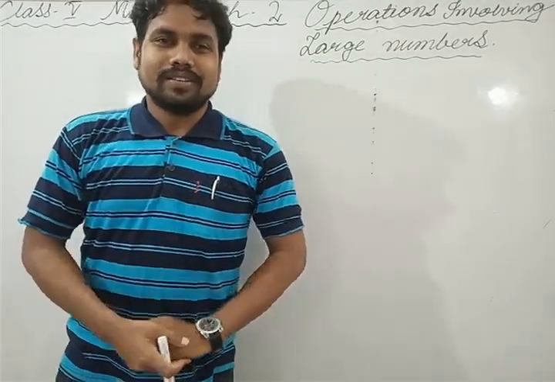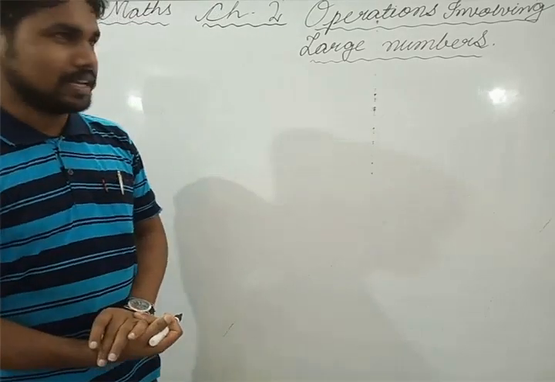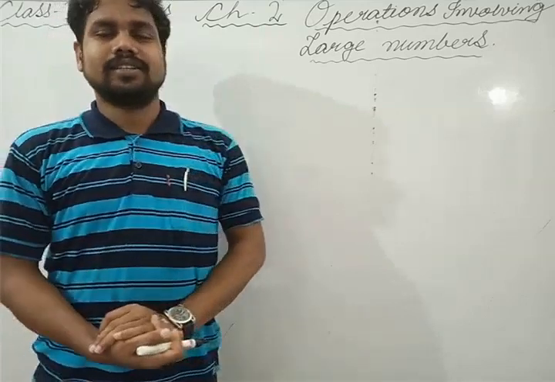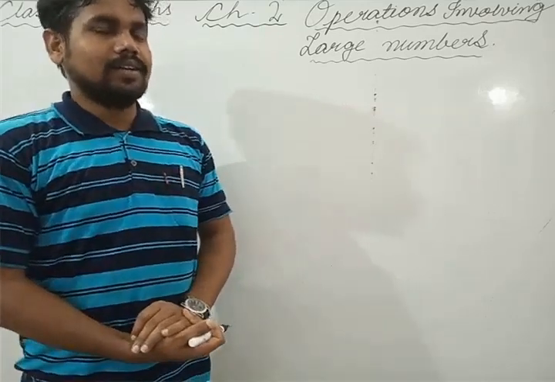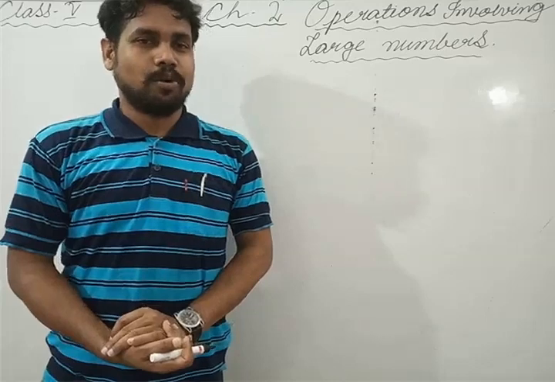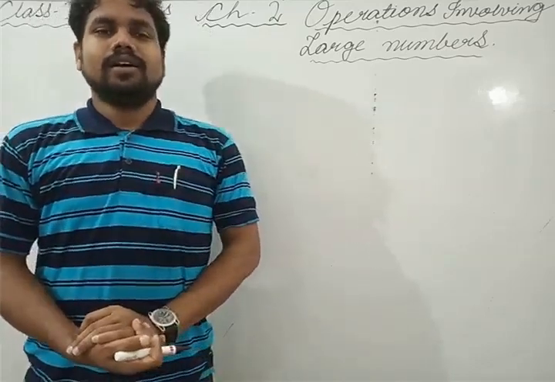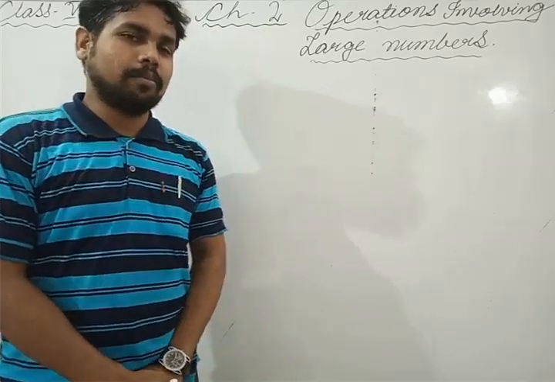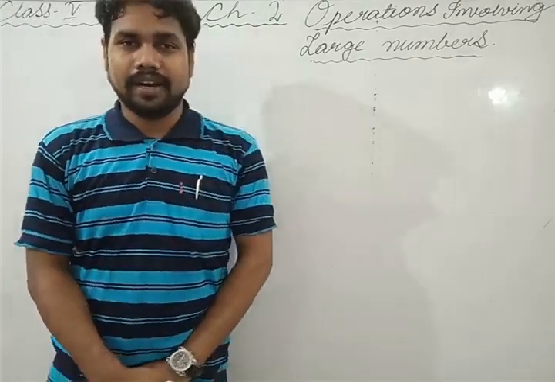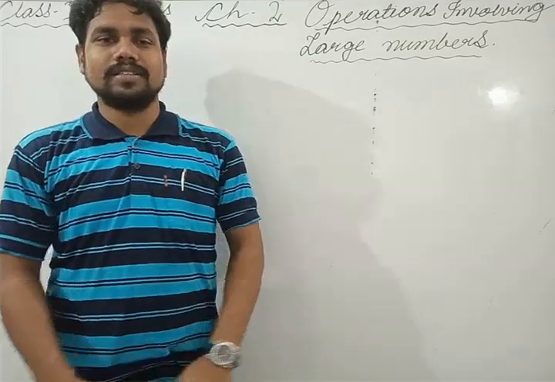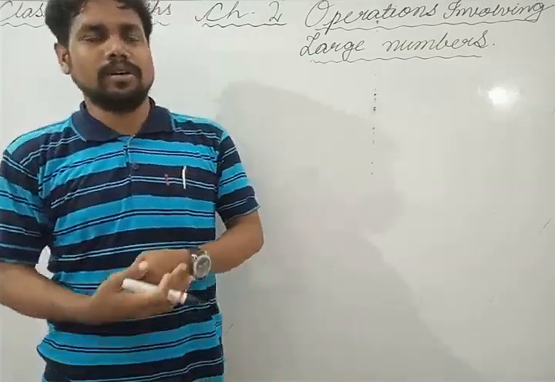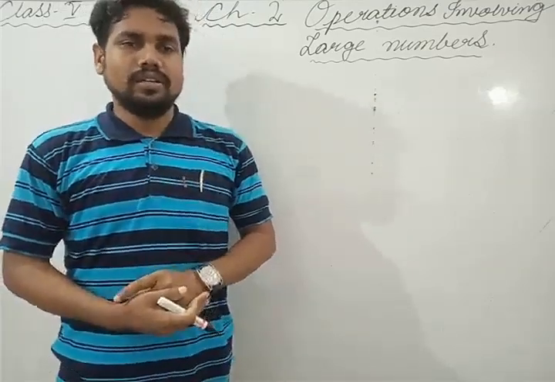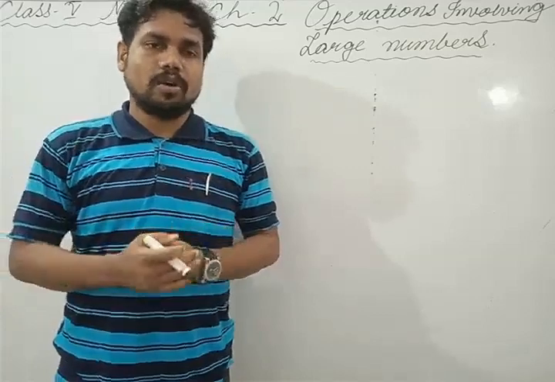Today we will start the second chapter of class 5, which is related to the operations of large numbers. We have already learned lots of operations on smaller numbers since our earlier classes, since class 1 or even in pre-primary classes, where we started learning addition, subtraction, multiplication, and division. In classes 1, 2, 3, 4 we have learned a lot of problems related to that. So now we will learn the same thing as with smaller numbers.